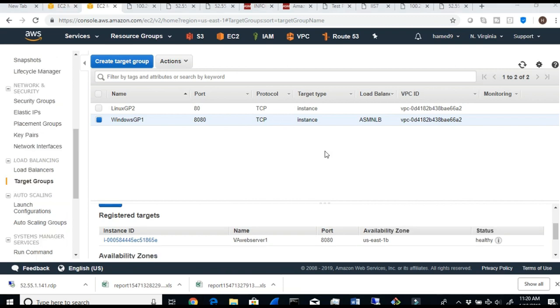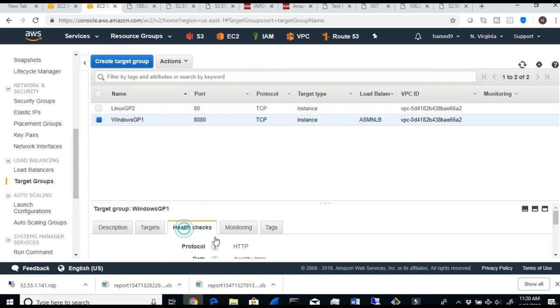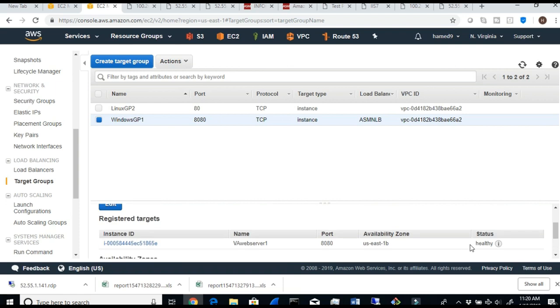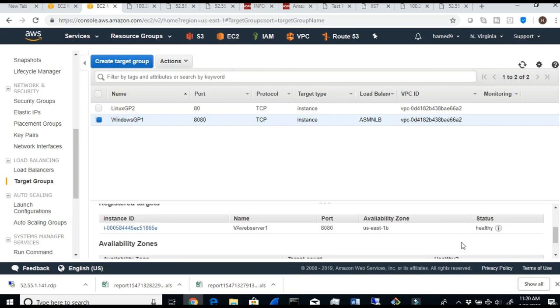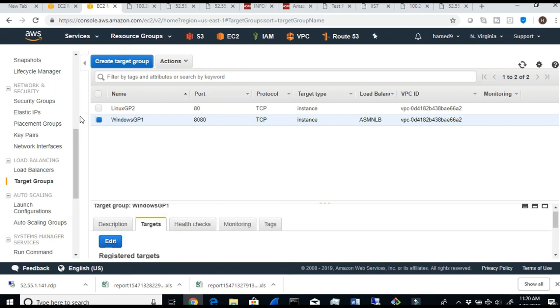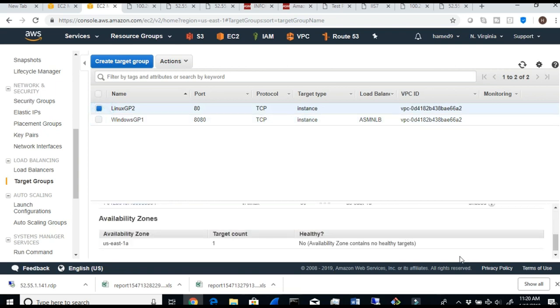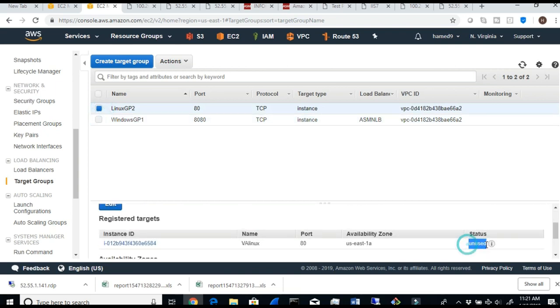Okay, we're back again after waiting, and it eventually shows healthy. So very good. So you see that everything you have to check. The health check was that. I didn't do anything else, and the target group right now is healthy. That's what I want to see right now, okay? So this is very important. Now when I go back to Linux, I see that here it is